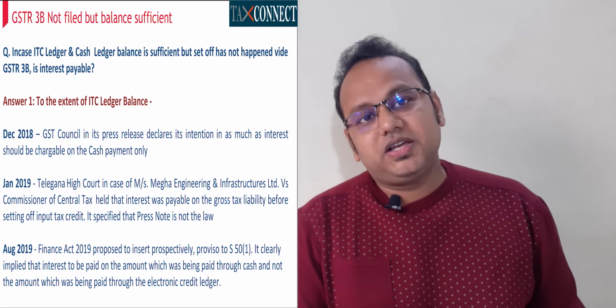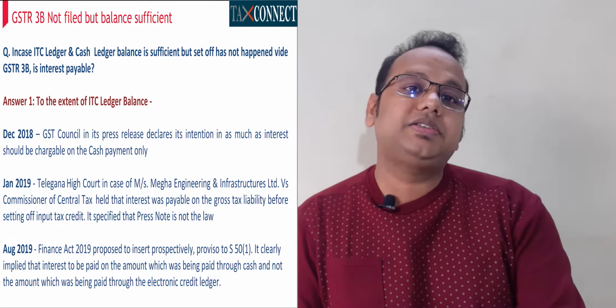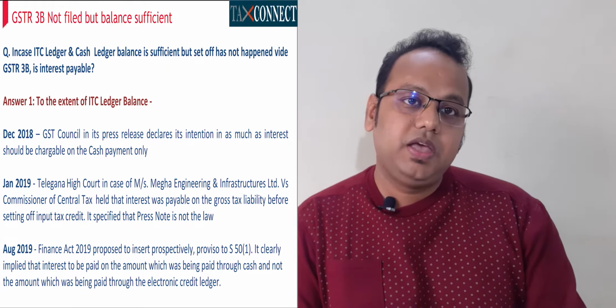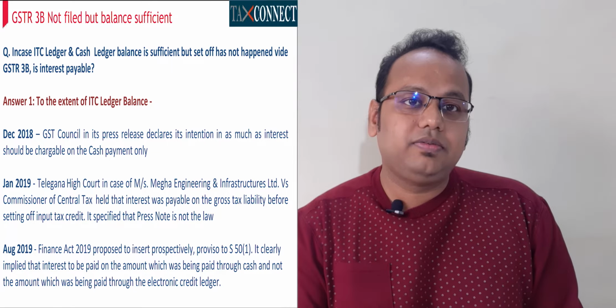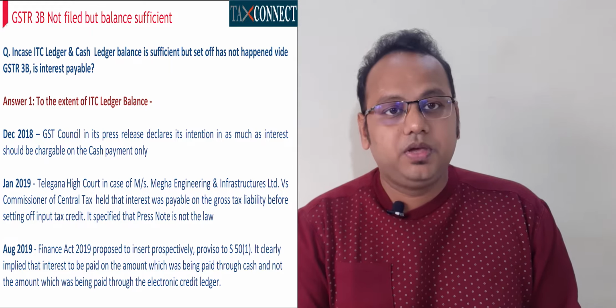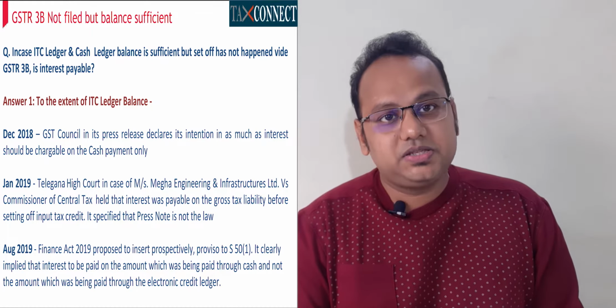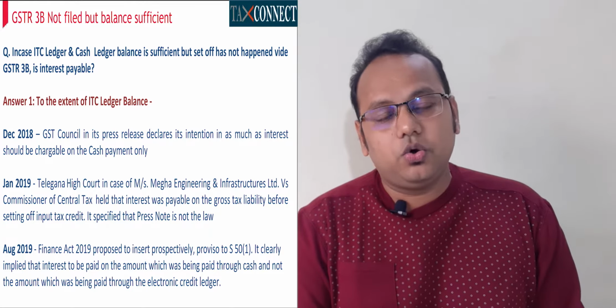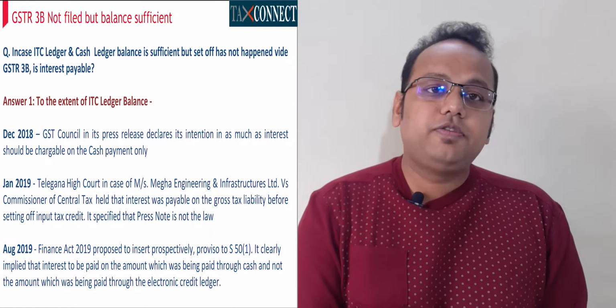Now, say for example, your output tax liability as per GSTR 3B is 100 rupees, your ITC ledger shows 50 rupees and your cash ledger shows 50 rupees. So, the question is, would the interest in case of delayed filing of GSTR 3B be on 50 rupees or 100 rupees, or would there be no interest? So, first,